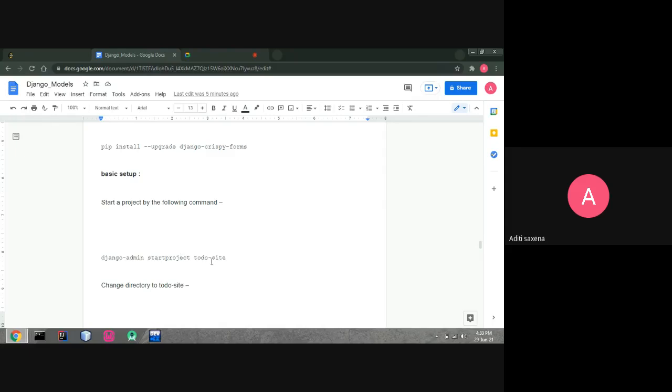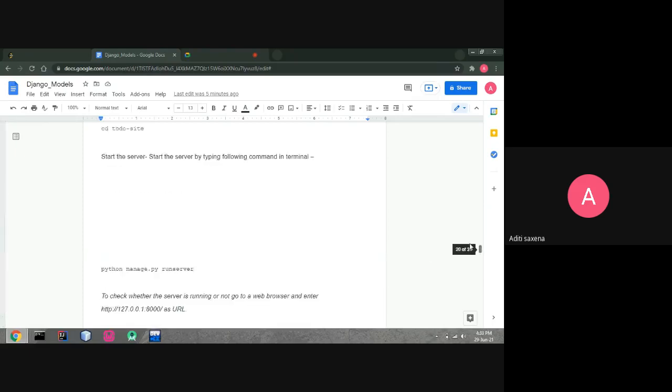First you need to install Django, then make an environment and create a folder. We have created a starter project, a folder with the project name todo site. Now change the directory, then start the server with python manage.py runserver.